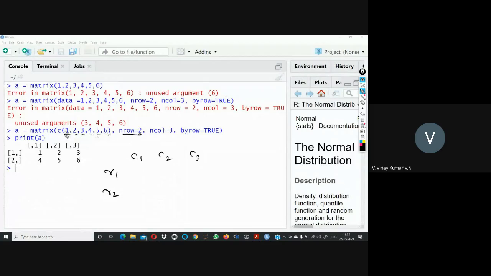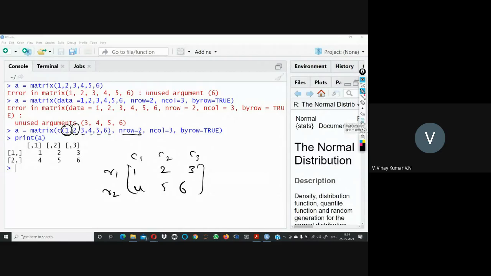So my first element goes to first row, first column, then 2 goes to first row, second column, then 3 goes to first row, third column. Once the first row is done, because I need 2 rows and 3 columns, it moves to the second row and first column, that is 4, 5, 6. So this is how we are getting the output.